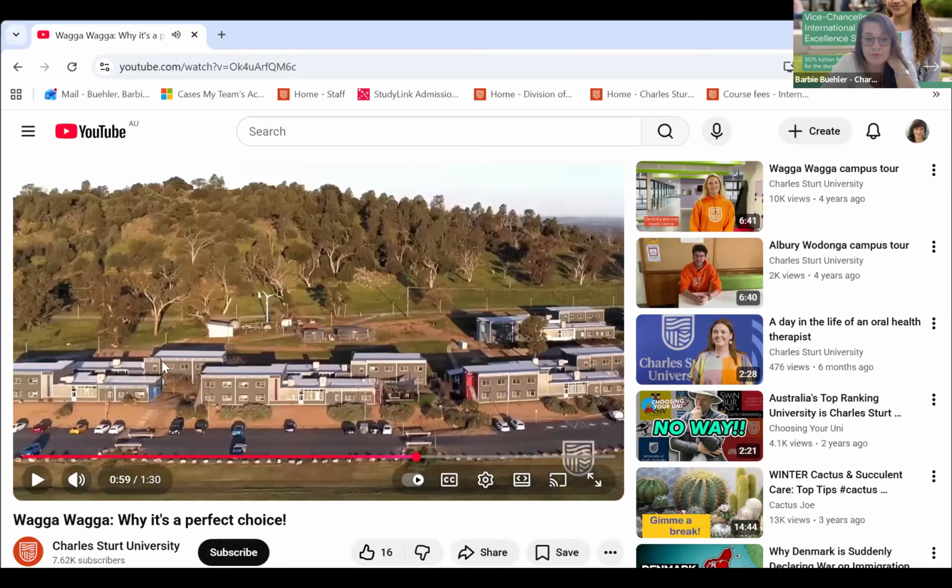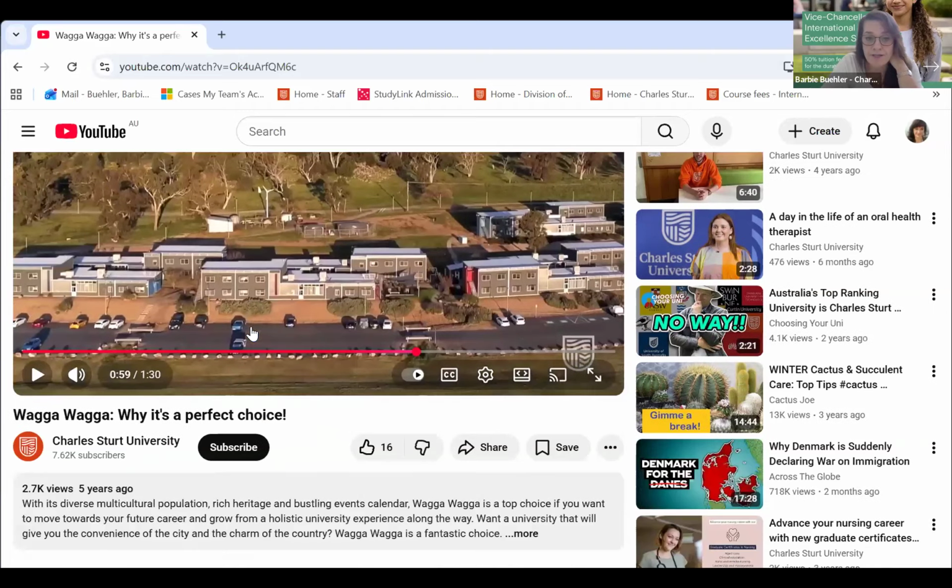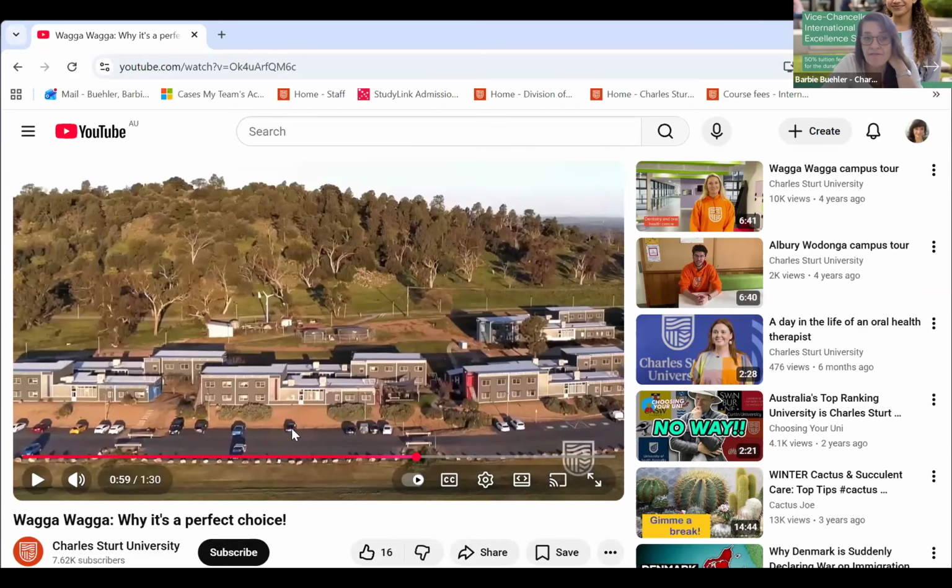Beautiful, beautiful spaces and very safe and friendly, as well as they have everything there that you could need.